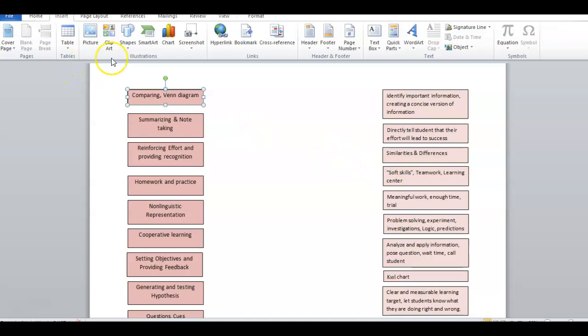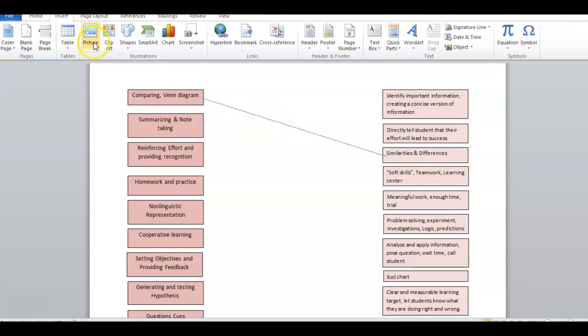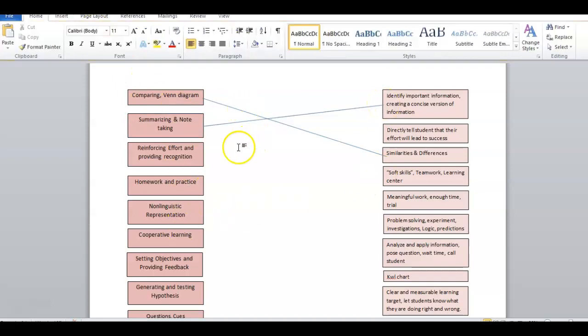So for example, I wanted comparing and Venn diagrams. That one would go with similarities and differences. And then summarizing and note-taking. That one would be with identifying important information and creating a concise version of information. And then reinforcing effort and providing recognition